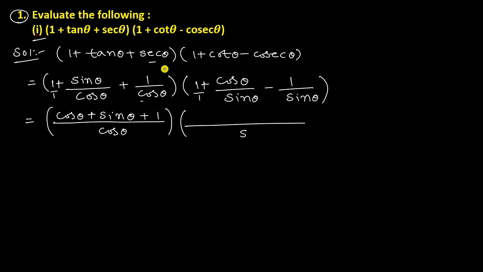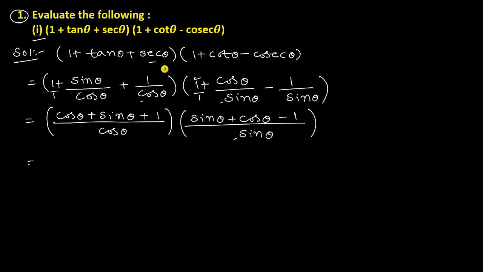LCM would be sin theta, and what are the numerators will be? So here we have 1 as denominator, so we need to multiply its numerator with sin theta. So it will be sin theta plus, denominators are same, so we copy the numerator, minus 1,